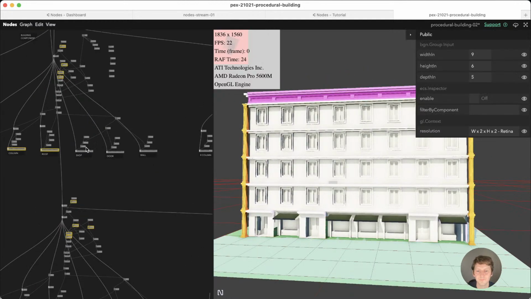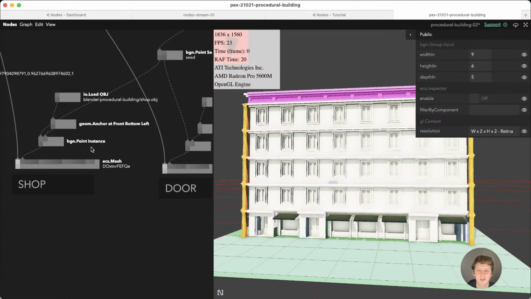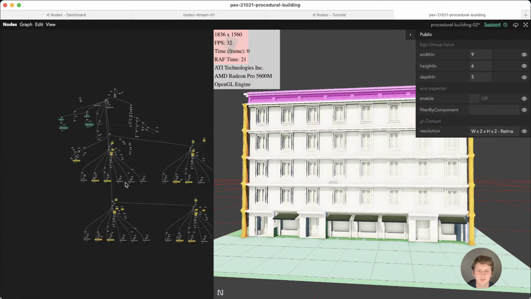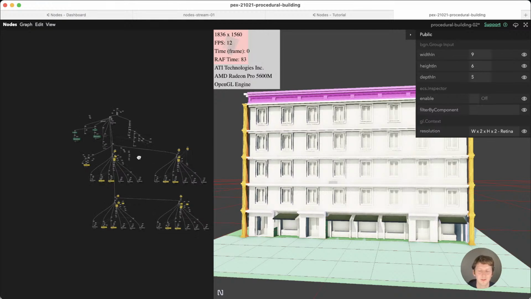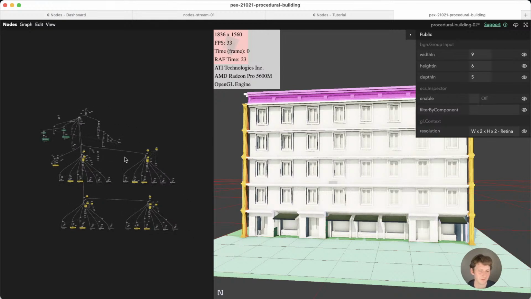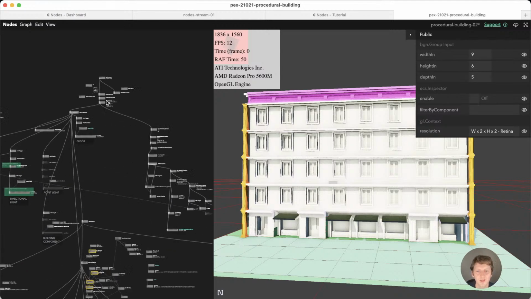And okay, the cool thing here is that graph is maybe 1/3 of a real world production graph,